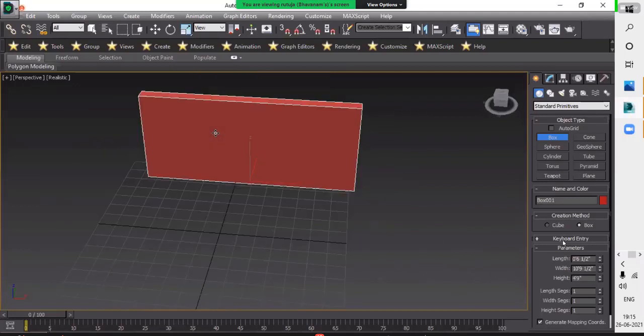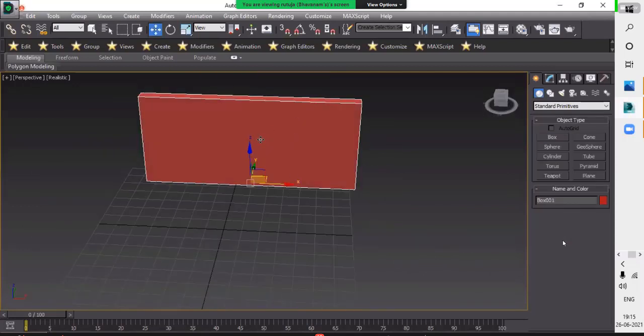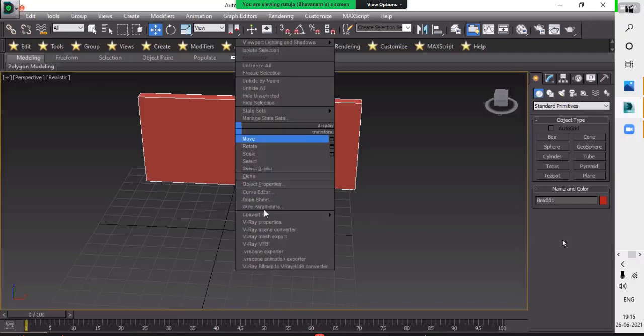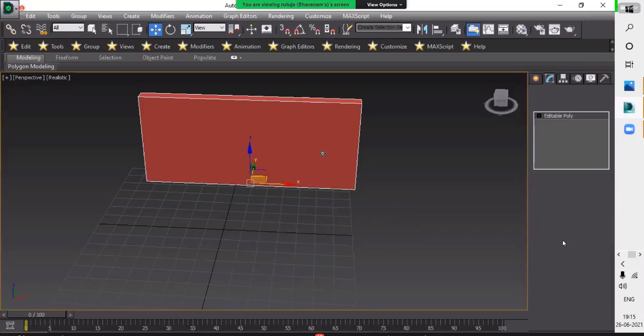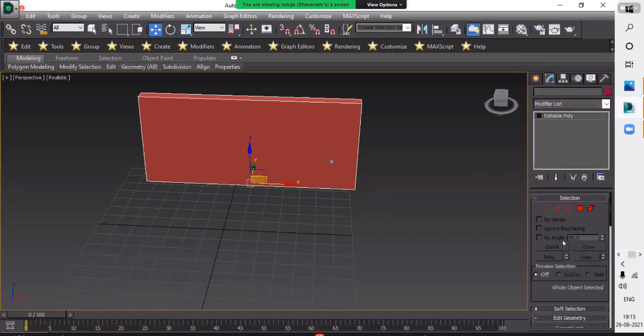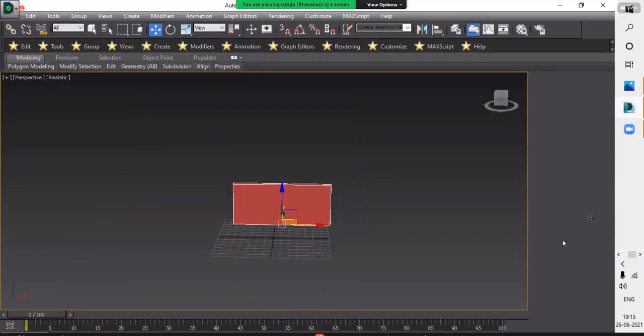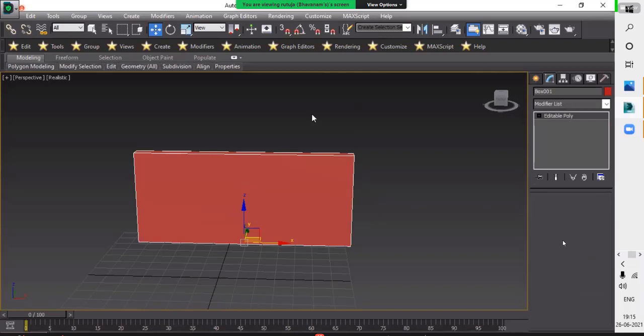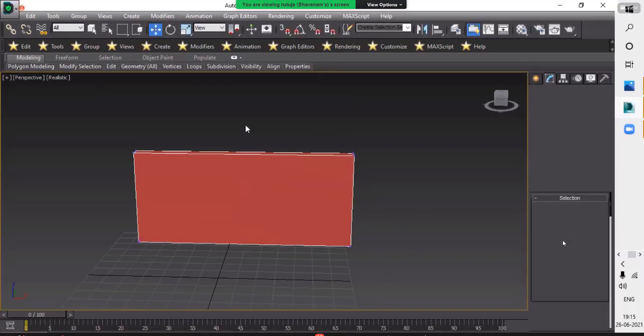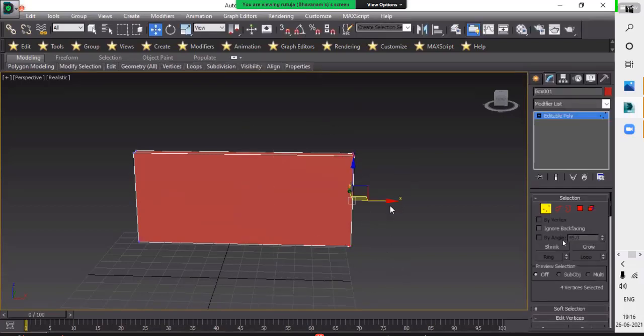So first of all, when we create an object, then convert it into editable poly. Why? Because of the editing mode. You will easily edit your object as you want. So how I will edit it and extend it.